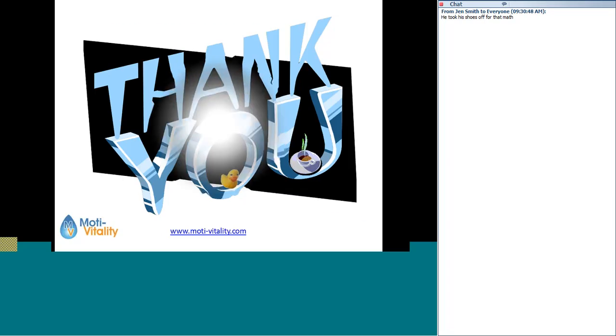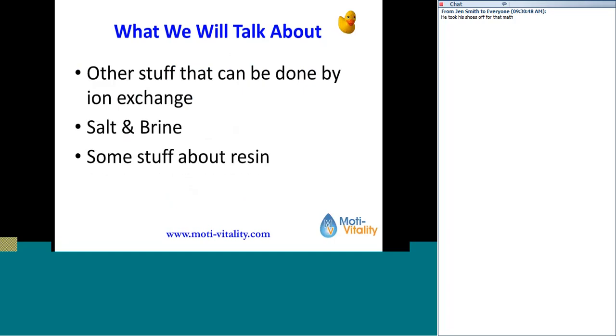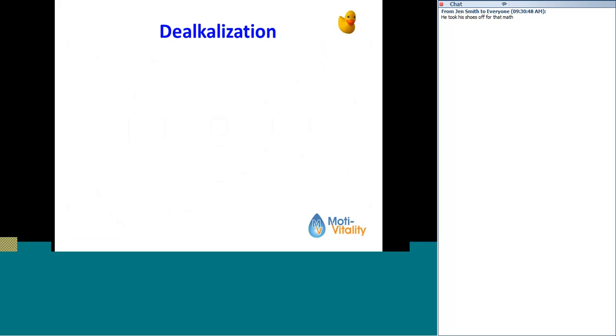What we're going to talk about today is other stuff that can be done with ion exchange other than just water softening. We talked about that last week, water softening mostly. Today we're going to talk about other stuff. We're going to talk some about salt and brine, some stuff about resin, and let's get started. Okay, so there's